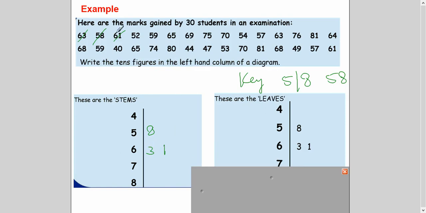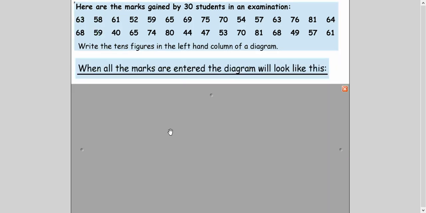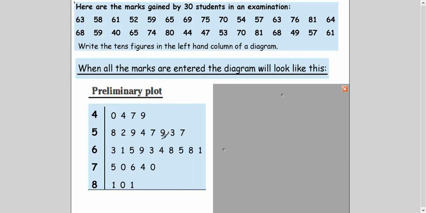If I keep doing like this, keep canceling numbers and keep writing the values here, at the end, I will get data something like this. Now you see it is random data. It is not in the ascending or descending order. So I should have here properly like 0479. This line is fine. But if I say here, it is not. I should have 2, then 3, then 4, and so on, right?